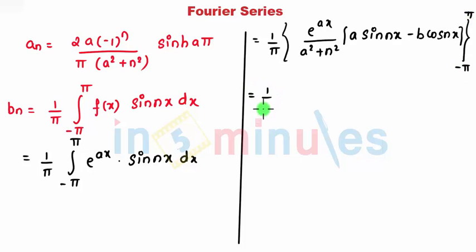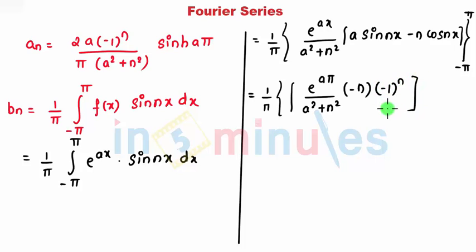Let's substitute the upper limit and lower limit. When I substitute the upper limit, that comes e^(aπ) divided by a² + n², sin nπ becomes 0, cos nπ becomes (-1)^n, which comes to be minus b. Sorry, I need to substitute b as nothing but n. So that comes to be minus n, and cos nπ is (-1)^n. So that's my upper limit, minus when you substitute the lower limit, that comes